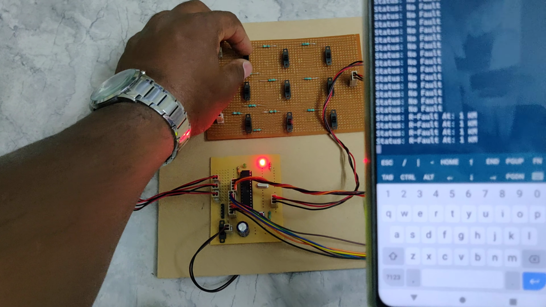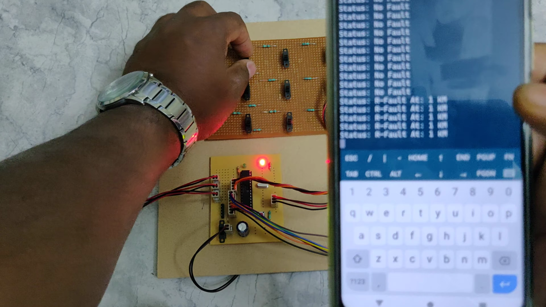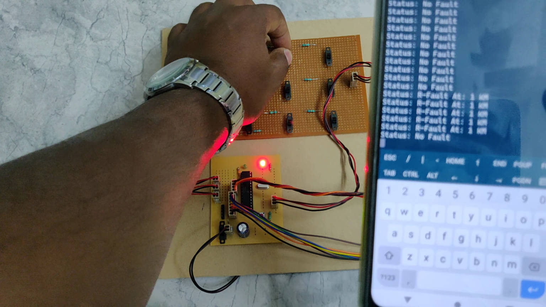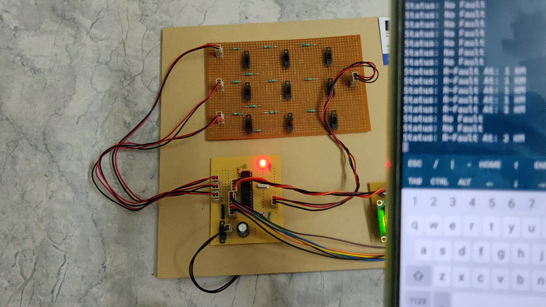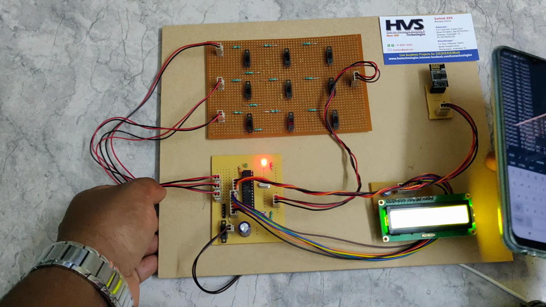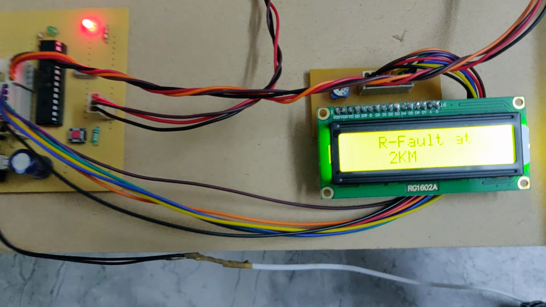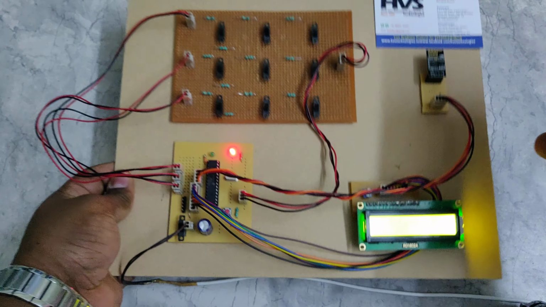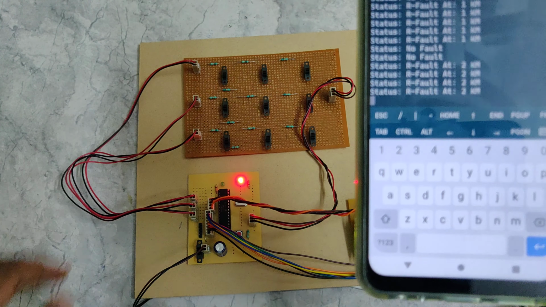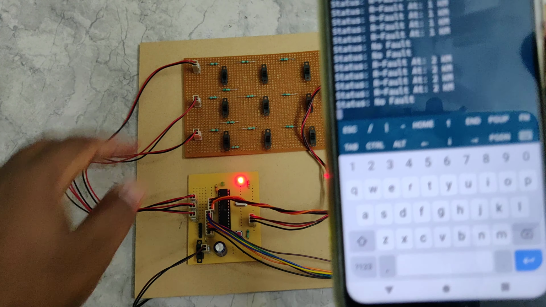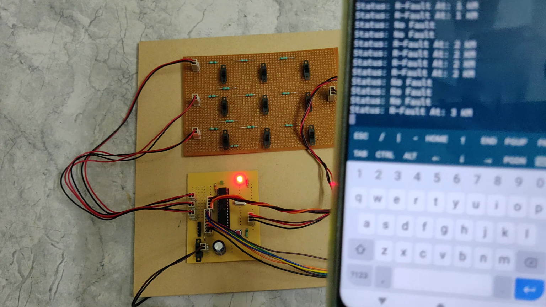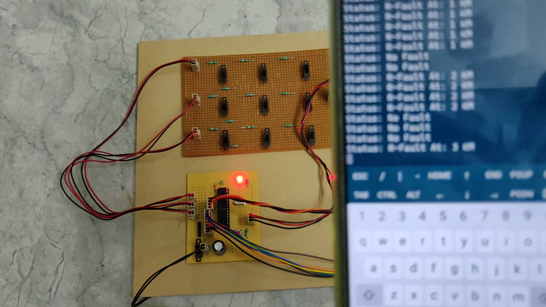If this is rectified and then we make another fault, it will be indicated as a 2 kilometer fault. The same thing is displayed on the LCD screen also, R phase fault at 2 kilometers. In the same manner, R phase fault at 3 kilometers will appear when we make the short connection.